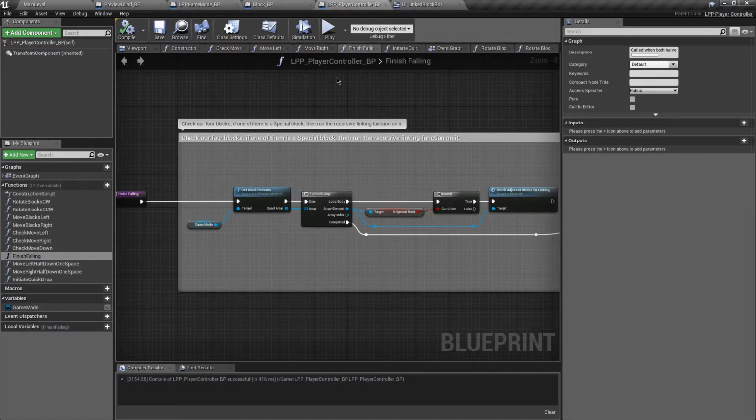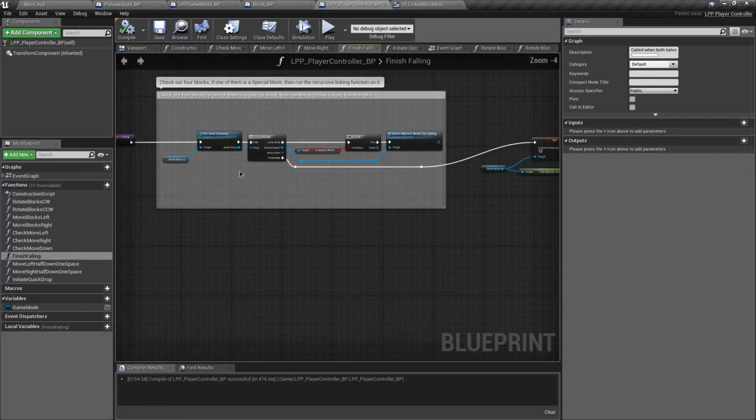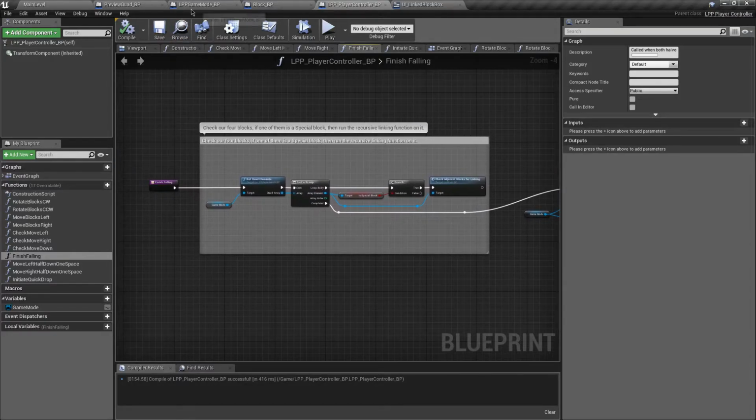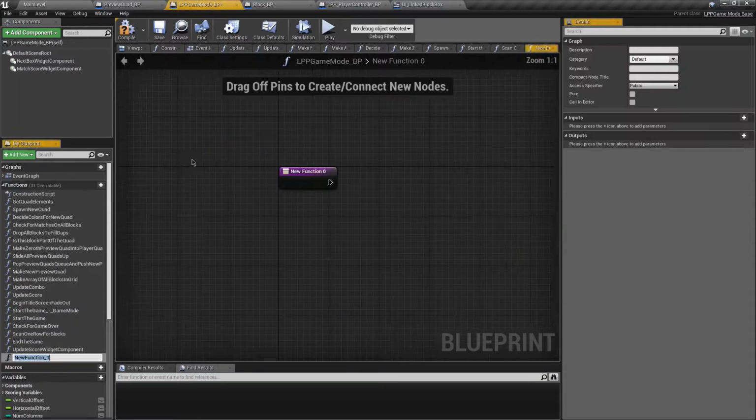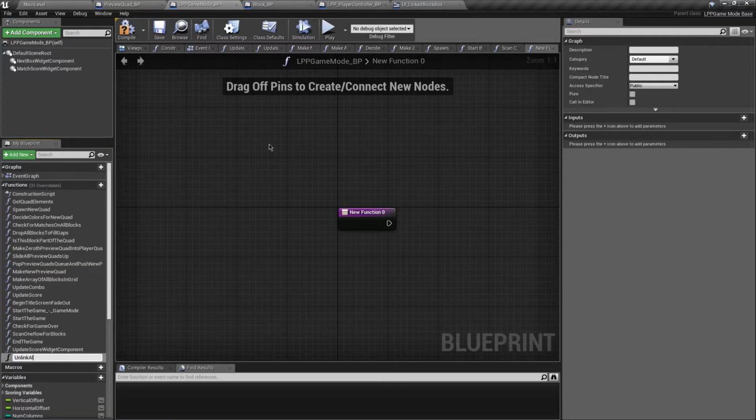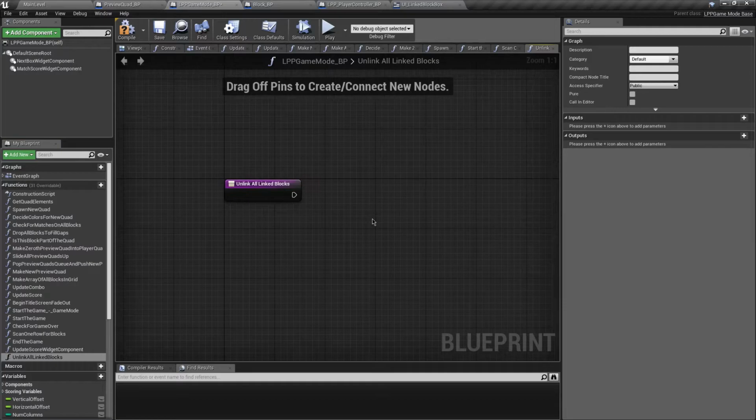now in the player controller, instead of doing this, we're going to make a function in the game mode that is just called unlink all linked blocks. And the reason why we want to unlink all blocks is so that when we recheck every block for matches, blocks that have fallen and become separated from their gem are no longer considered linked, and they only will be linked if they're still connected to the gem. So